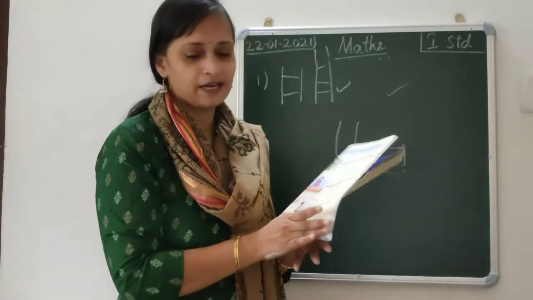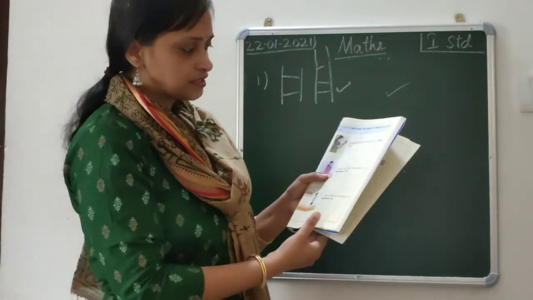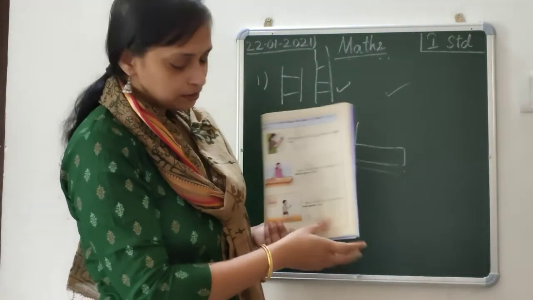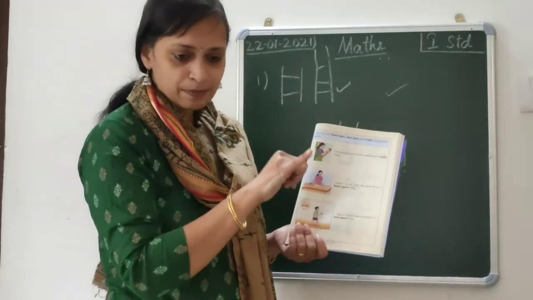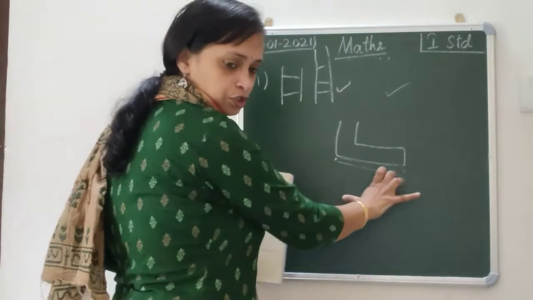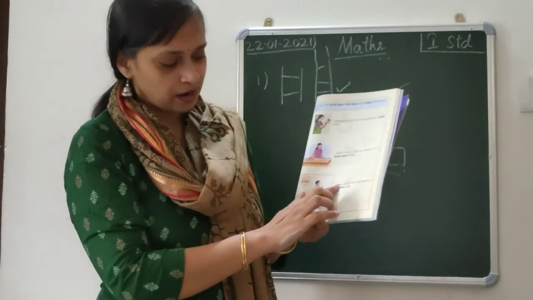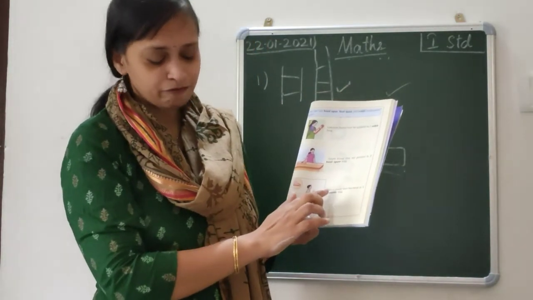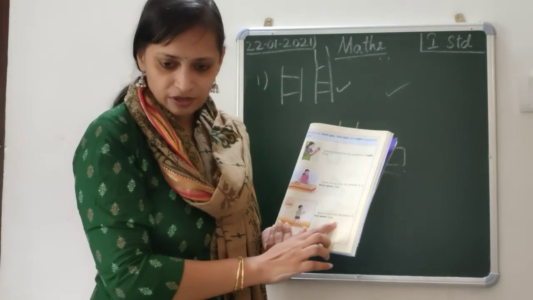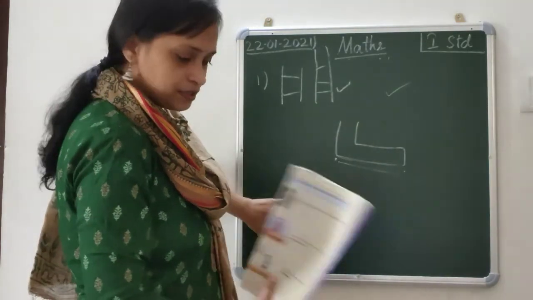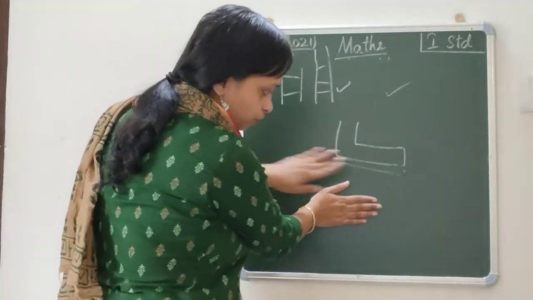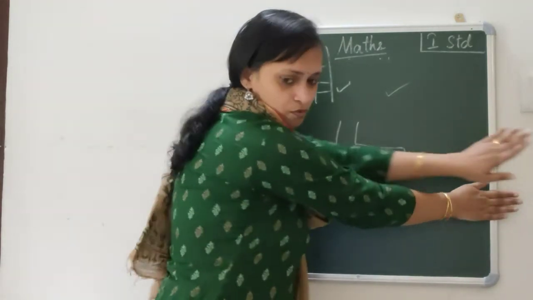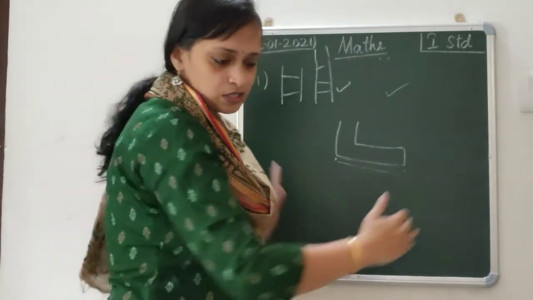Foot span. Very good. He is measuring the stick using foot span. So here, for hand span, Gauri found that the garland is 2 hand spans, which means 1, 2. And here Ramu found that the stick is 5 foot spans long, which means he kept walking like this. So this is 1, 2, 3, 4, 5. The stick was 5 foot spans long.